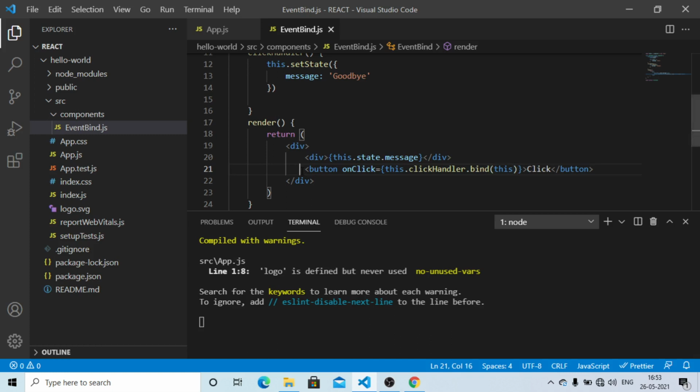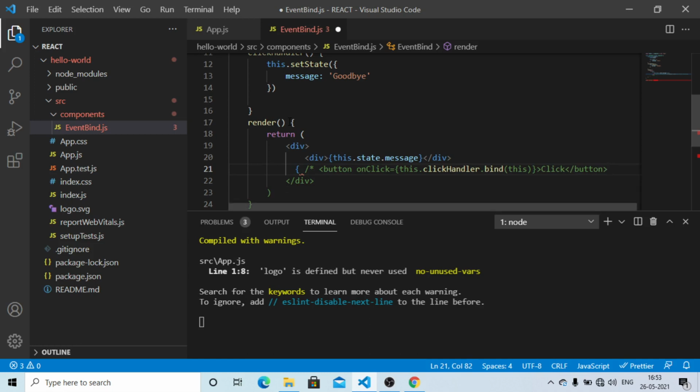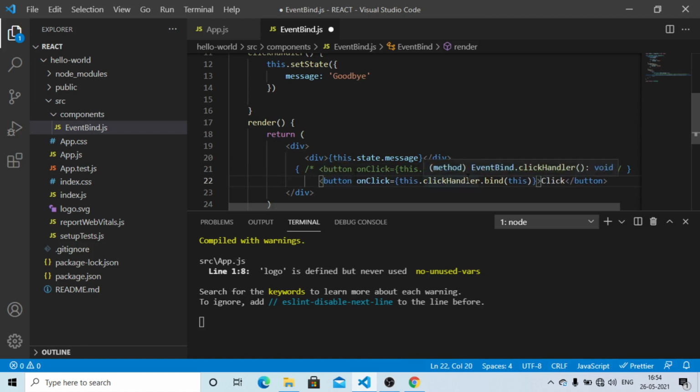So first of all, we would like to comment this line and copy this text. This is the second method, that is using the arrow function.